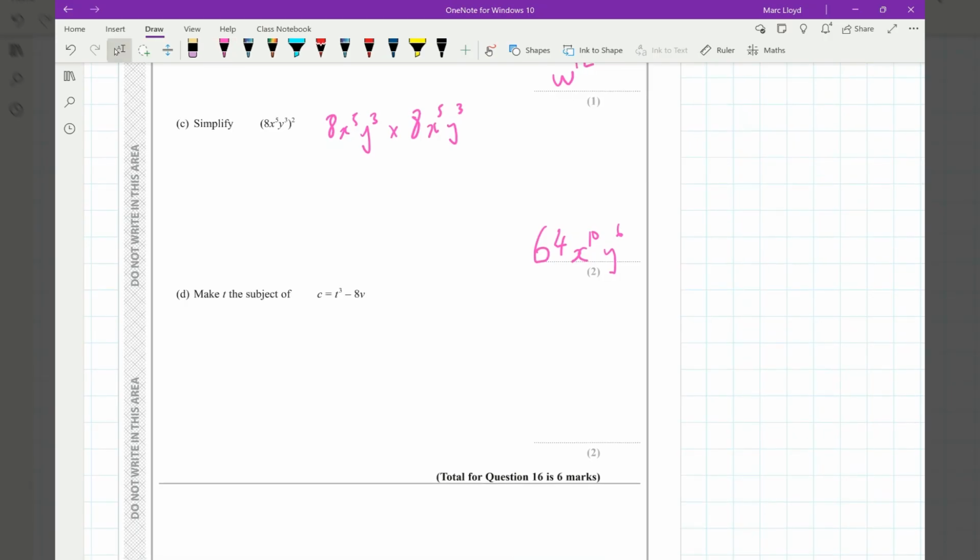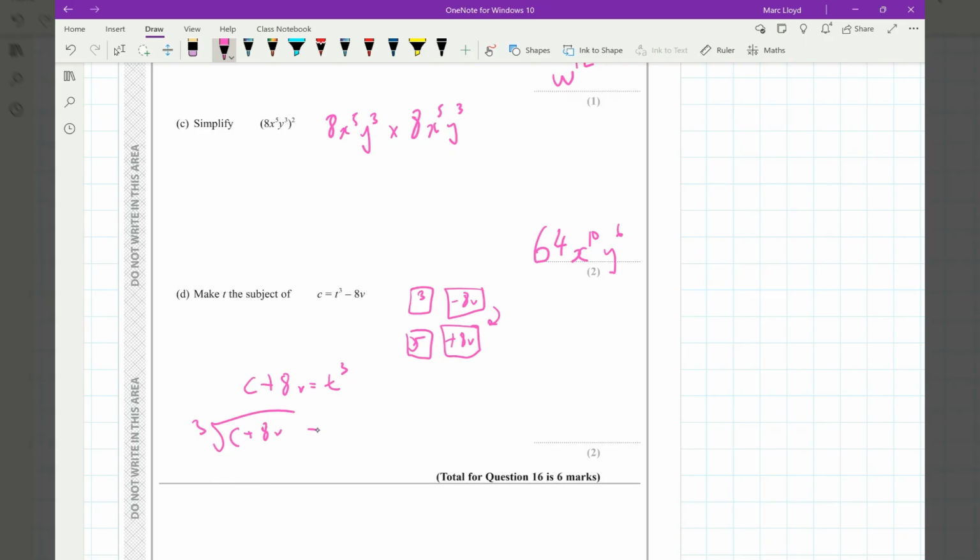Okay, make t the subject. So what's happening to t is it's being cubed, and then it's having minus 8v taken away. So we'll do the reverse and the opposite. We're going to add 8v, and then we're going to cube root it. So by adding the 8v, we get c plus 8v equals t cubed, and then cube root it, c plus 8v,